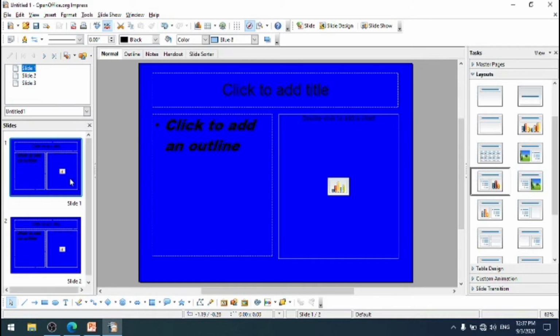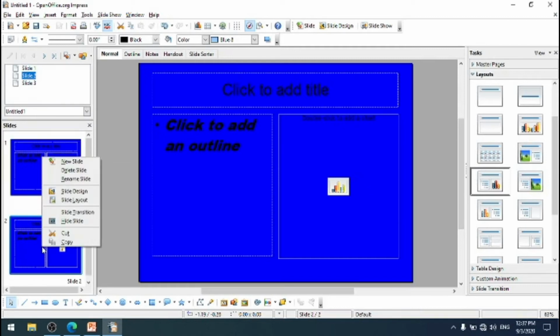So next we are going to see rearranging slides. Rearranging means just changing the order. So if you want to rearrange the slides, we need to follow the procedures below. First, select the slide that you want to move, drag that slide to the desired position by holding the left mouse button. It's very simple.